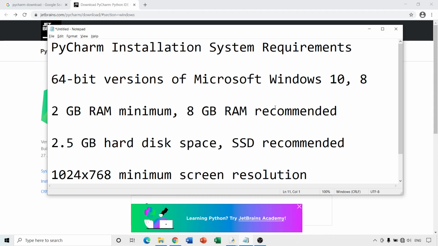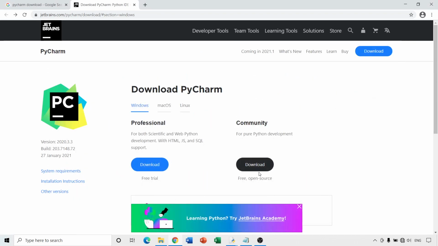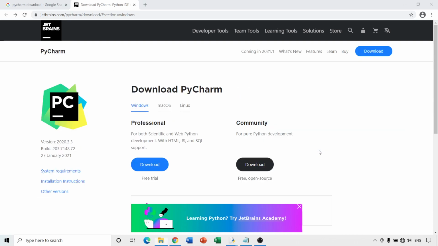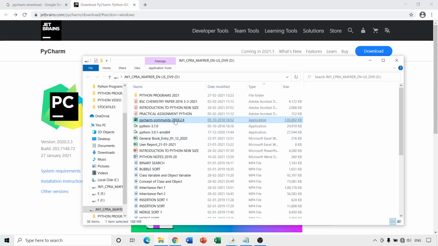So, I have one older version of PyCharm Community Edition. We are not going to install the latest version. However, the method of installing the latest version is going to be similar. From here, you can download the Community Edition. So, let's try to start installing the Community Edition of PyCharm.